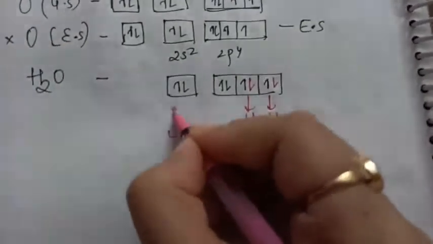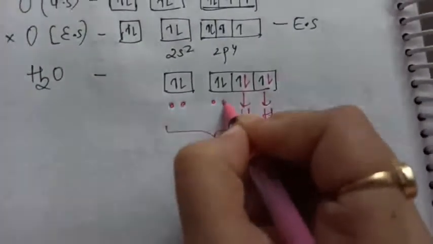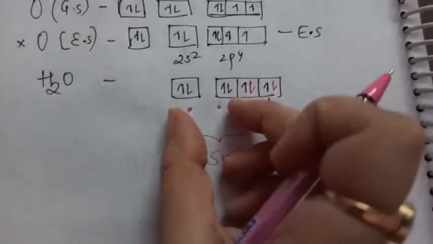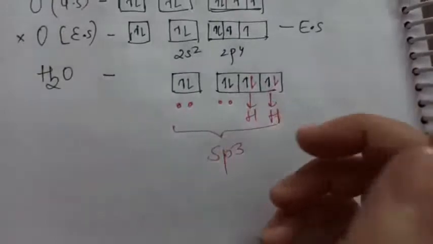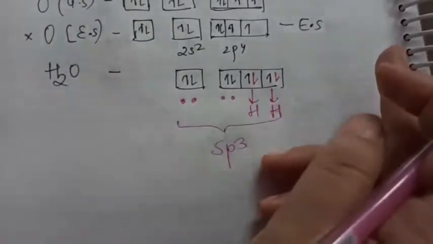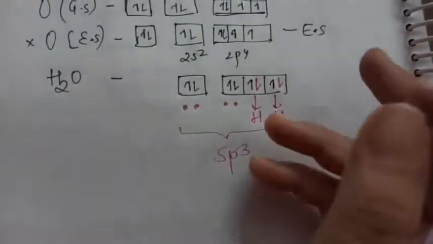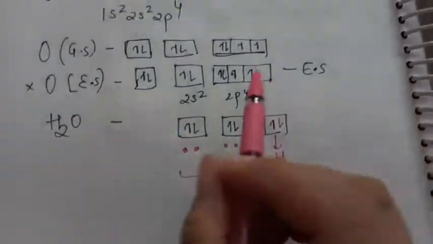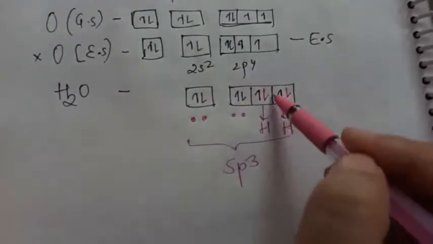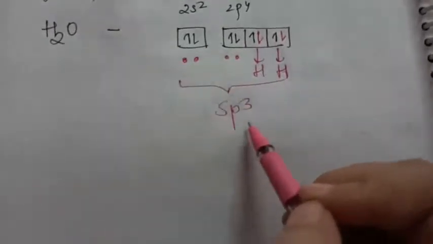But see, these two. Did these orbitals participate in bond formation? No. Because they are not having any space to get excited, first thing. Second thing, there is no need of getting excited. Why? Because the formula is only H2O. So why to shift these electrons? Already 2 blanks are there. So hybridization is sp3 again.